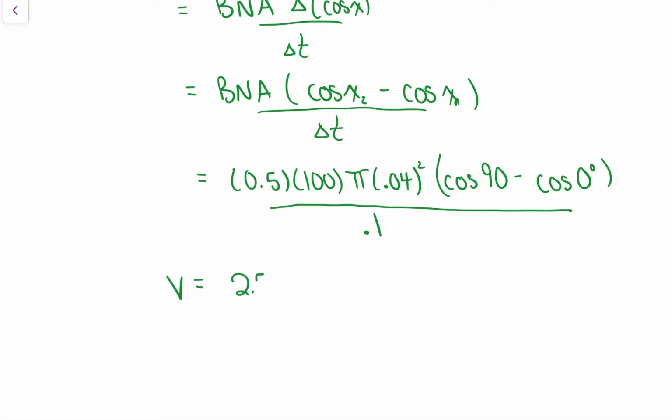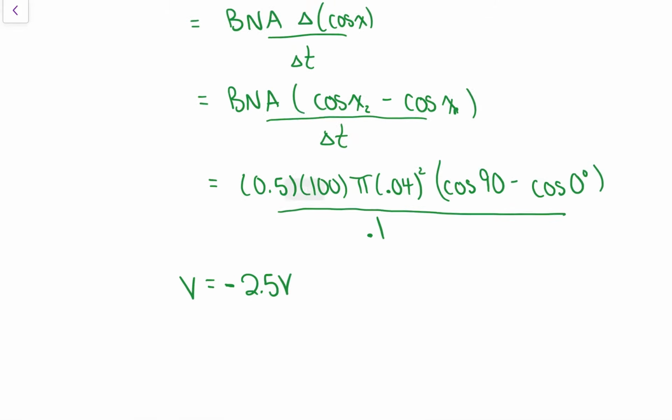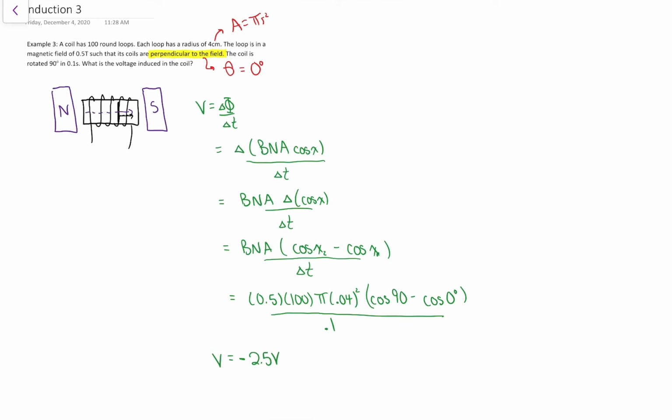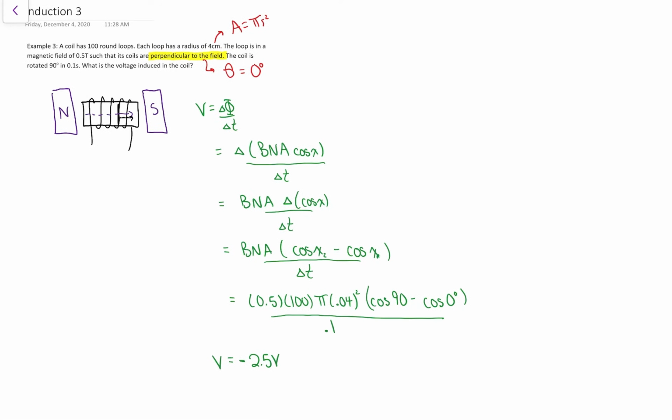Interpreting it that way, I get a voltage. The value is 2.5 volts. The way I interpreted the angle, I got a negative. I'm okay if you say positive 2.5. Really what the sign on the voltage does is it communicates which way the electricity would flow in the wire, which way the electrons would get pushed. Usually we don't care. Just the voltage tells us how hard they're pushed. Maybe we would do other engineering off of that. So don't get too worked up about the sign, but you should be